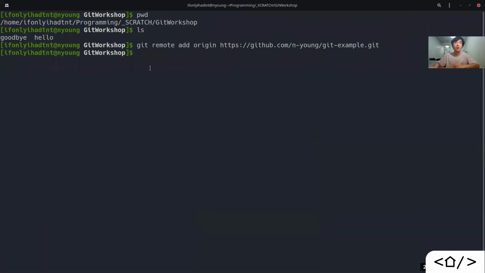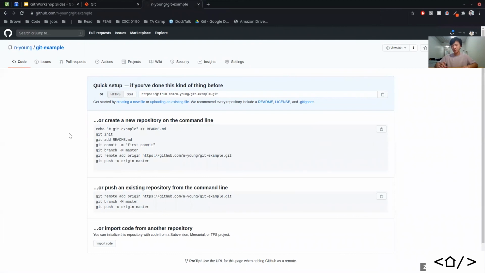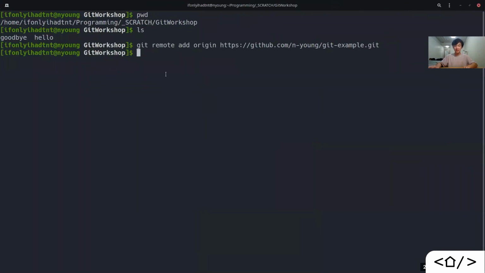What is this doing? It's saying, okay Git, we're going to do something with remote repositories. I want to add a remote repository, and we're going to say that the origin is this. So what happened? Essentially, now our Git repository on our computer is able to communicate with that repository that I have here in my browser, which is super useful, because now if I look at my Git status,